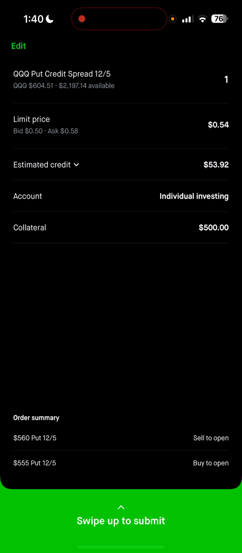Collateral means the buying power reduction. So when we're selling the 560 and we're buying that 555, it's a $5 wide, and that equates to 500 in your buying power reduction. Hopefully that makes sense. So as you scale up from there,